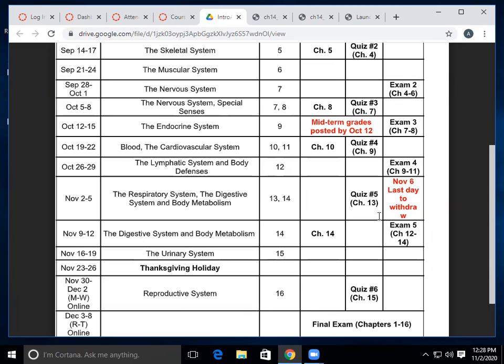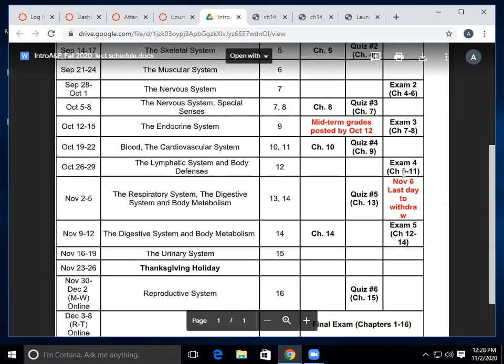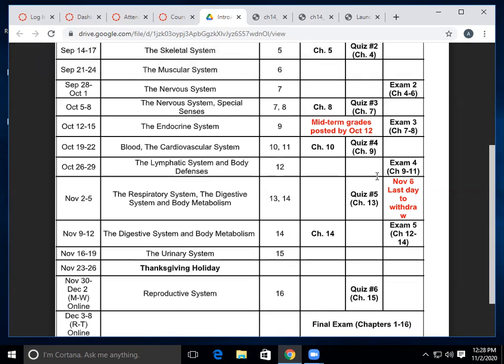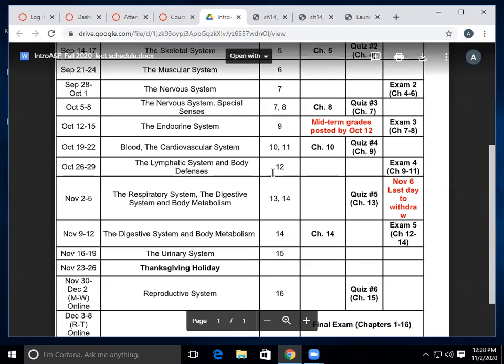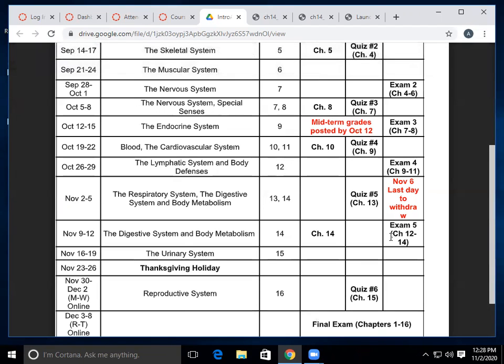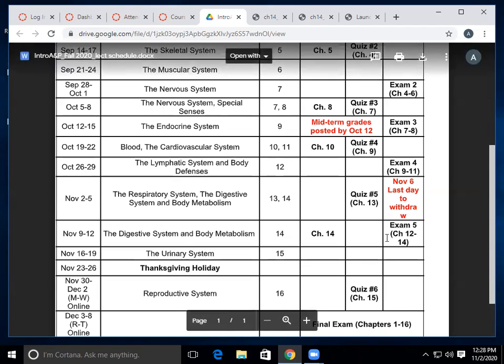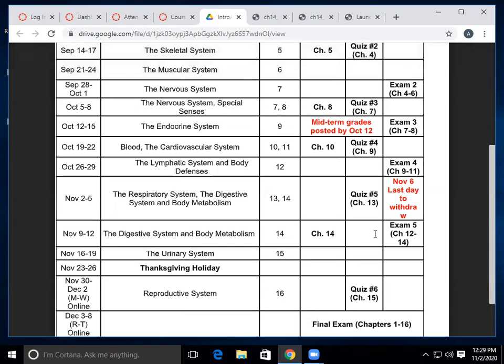All right, your exam from last week, I have a few more that I need to look at, and then I'll be able to go over this on Wednesday. So we'll go over exam 4 on Wednesday. So next week, you'll have a quiz over chapters 12 through 14, respiratory, digestive, and lymphatic systems.